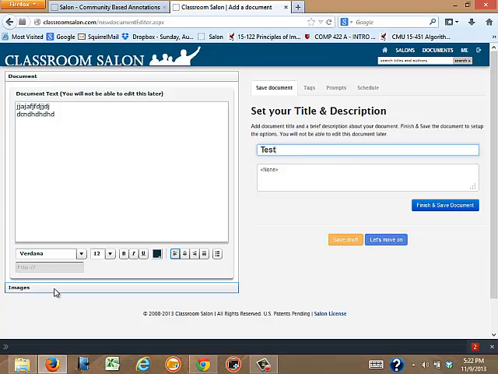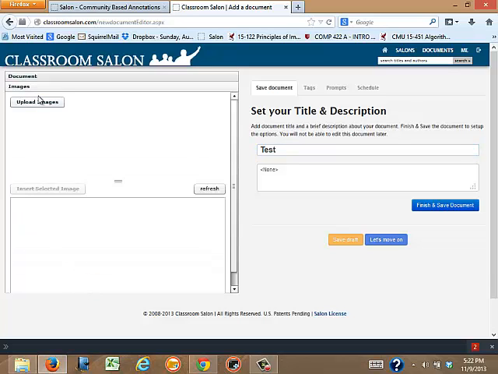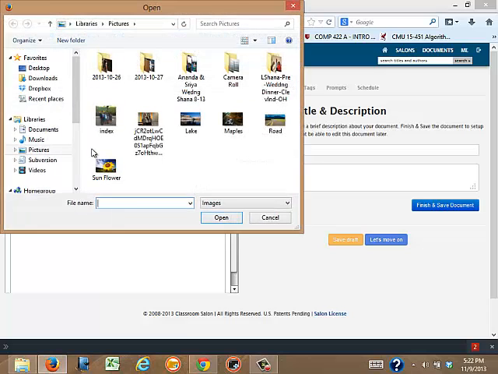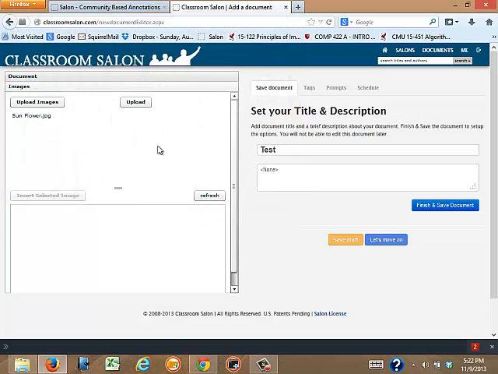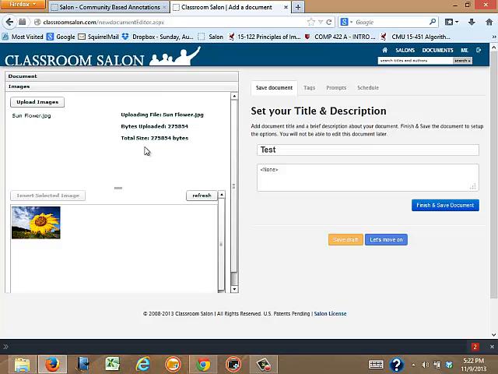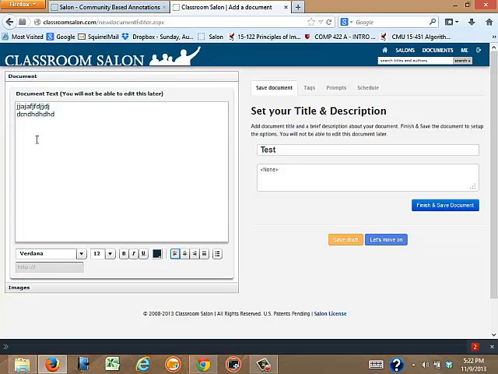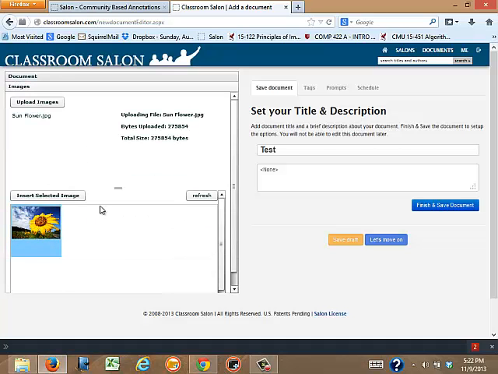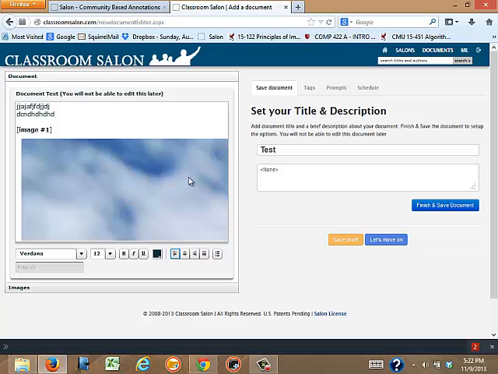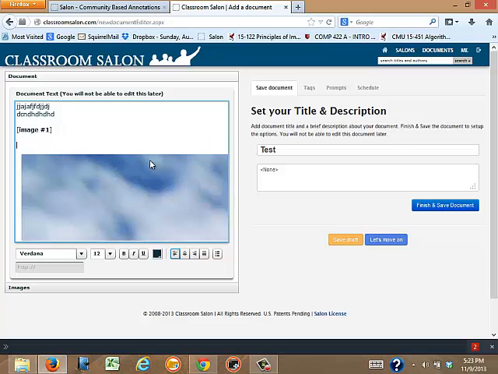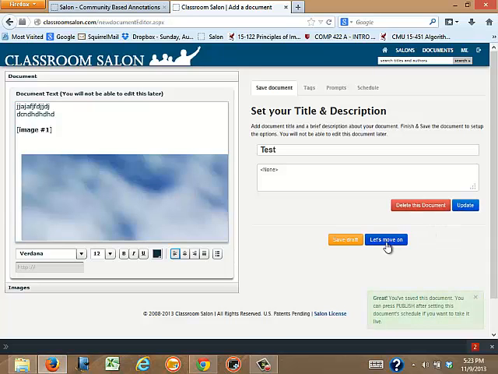And if I want to add images to this document, I can also do that by clicking images and finding the images that I need to add. So let's add this sunflower image here, upload it. And that image is right here. Now I go back here and find the place in the document. And you have to pick this and insert it, and it'll show you this image. The image is big, so it's going to show up really big here. So now, once I do that, I can click on Finish and Save, and then I can move on to